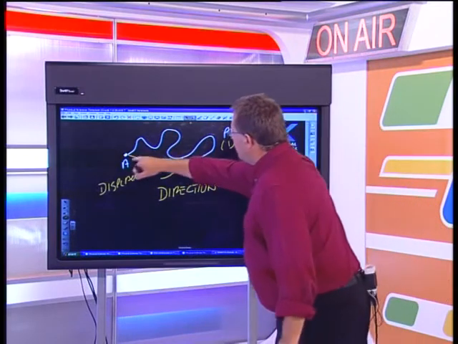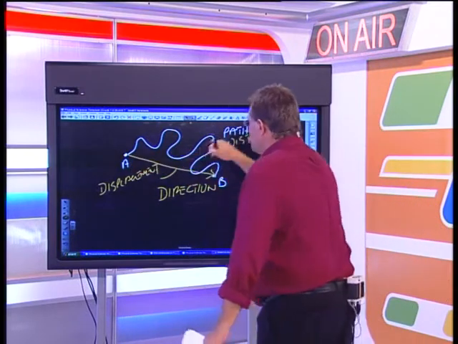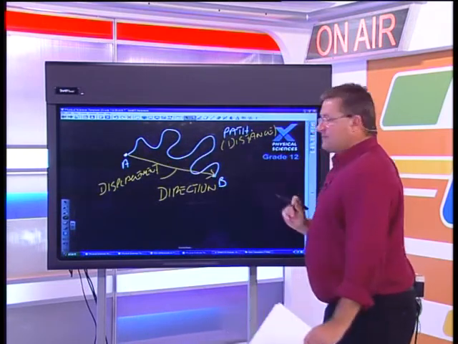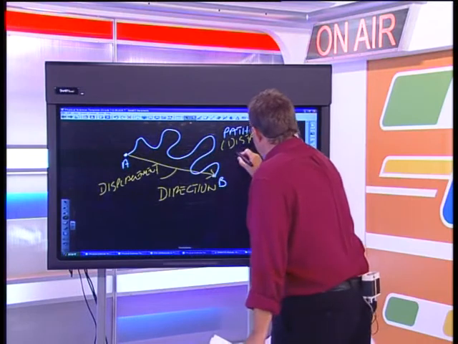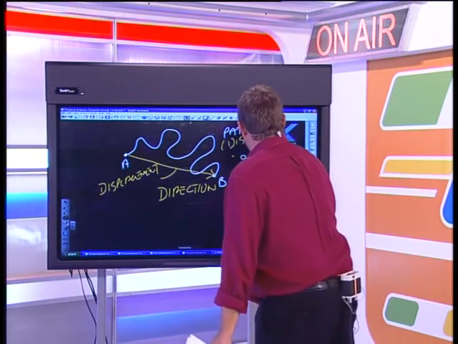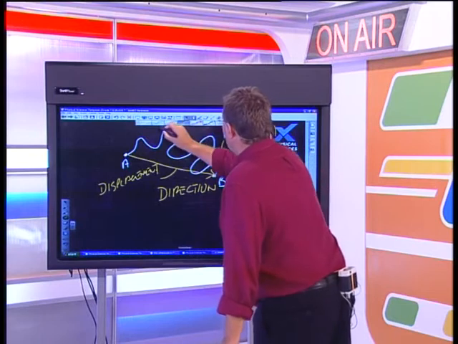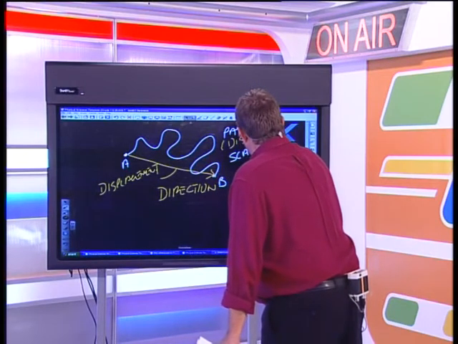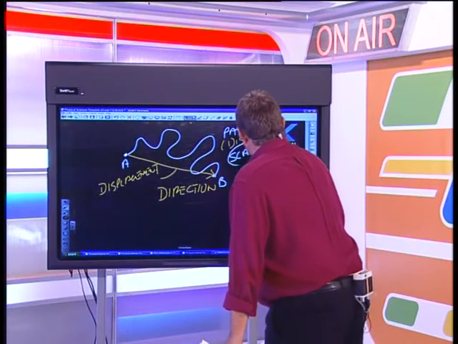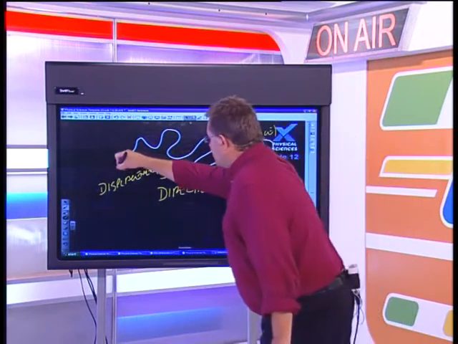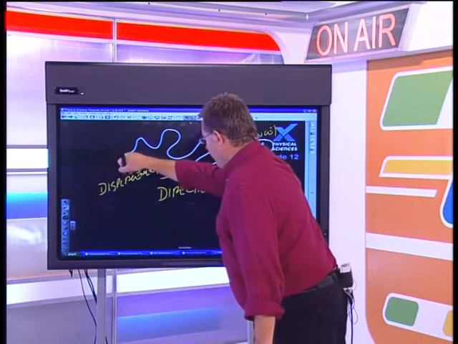So can you see now that the path length is the actual distance? There's no real direction. It's all over the place. It's up, down, over the hills, left and right turns. So this is what we call a scalar quantity. Distance is going to be a scalar quantity. When we go in a straight line from A to B,